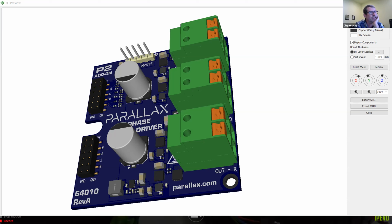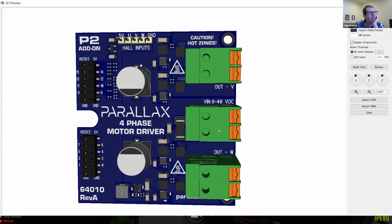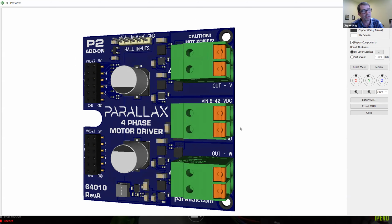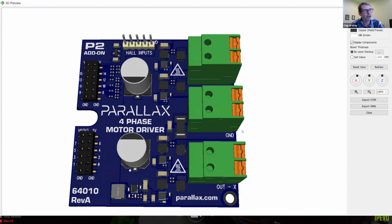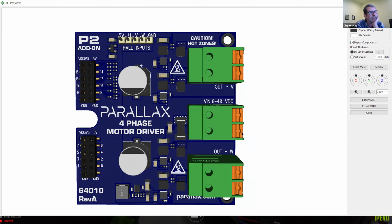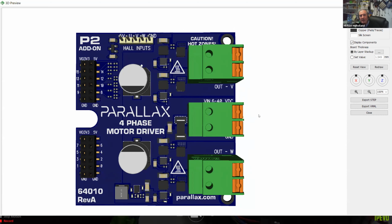There's 6 wire terminals there. Okay, so the center 2 terminals are the voltage in. So ground and 6 to 40 VDC. Normal convention would be that you'd probably have that off to the side, but in a case like this where there's so much current that has to be moved evenly, and you don't want to have long traces, that wound up in the middle, and then the U, V, W, and X wound up on the edges, or out of the middle. So the voltage path comes in,